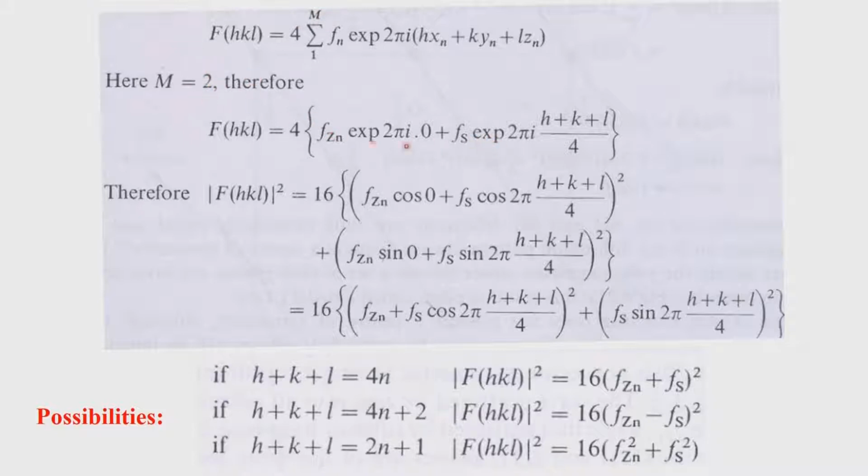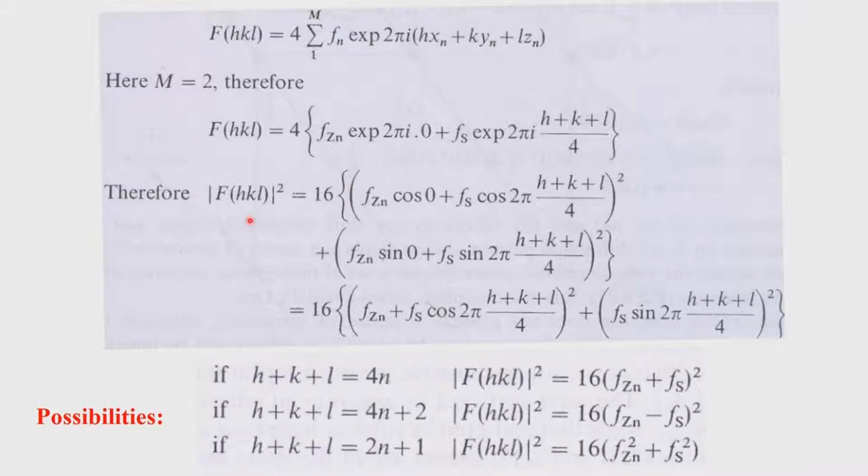Zn and f of S is the scattering factor associated with sulfur. So, there are 2 atoms in zinc sulfide, zinc and sulfur, and the summation is done over those 2 atoms, but 4 times because we are going to distribute this into 4 equal parts, one coming from xyz, another coming from half plus x, half plus y, another one coming from half plus y, half plus z, and the last one coming from half plus x, half plus z. So, therefore, we get 4 such values and then we calculate the intensity.